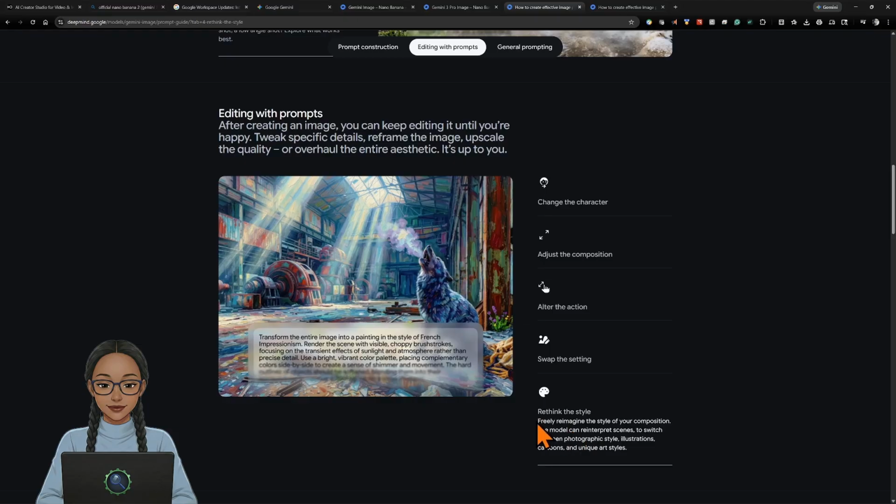Rethink the style. Freely reimagine the style of your composition. The model can reinterpret scenes to switch between photographic style, illustrations, cartoons, and unique art styles. So transform the entire image into a painting in the style of French Impressionism. Render the scene with visible, choppy brushstrokes, focusing on the transient effects of sunlight and atmosphere rather than precise detail. Use a bright, vibrant color palette, placing complementary colors side by side to create a sense of shimmer and movement,